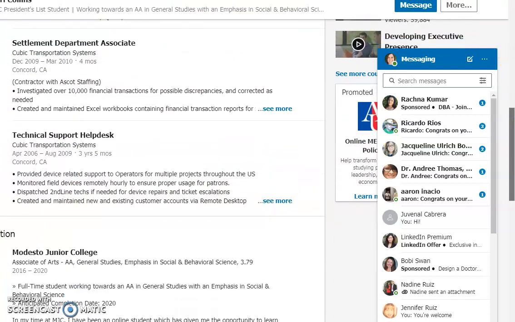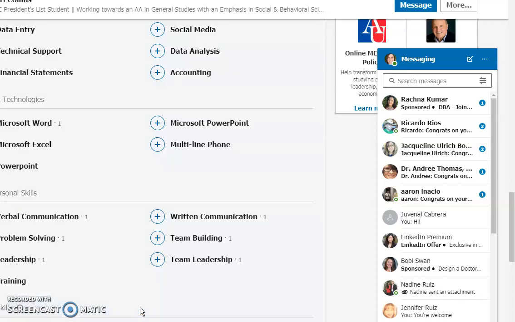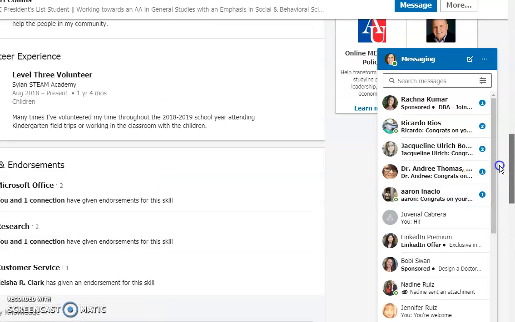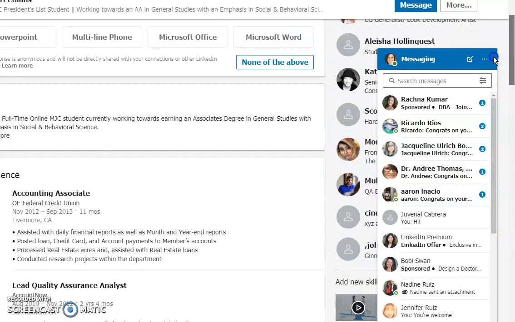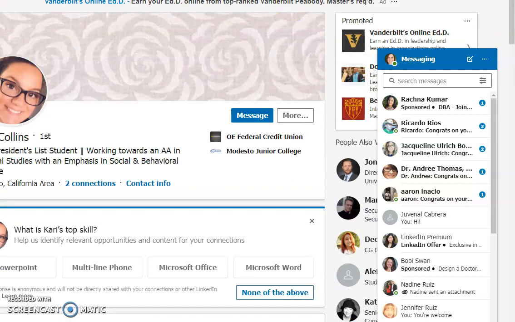What is super cool is down here under skills and endorsements, you're not seeing the whole screen here, but I actually gave her an endorsement for some of these skills. There are all these skills and you can ask people to endorse you, and obviously you should have everything with Microsoft endorsed at MJC because you've been using all of these programs. So that would be the LinkedIn.